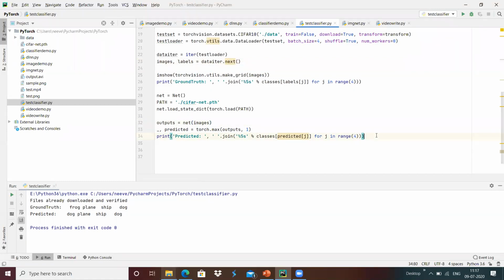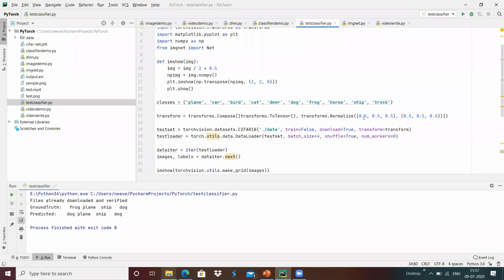And suppose we have loaded just one simple test image over here. If we want to get the complete network performance, then we can load all the images from the data set and test our network accordingly.